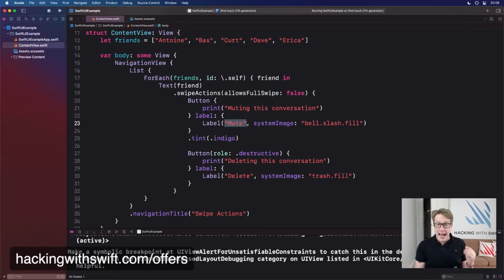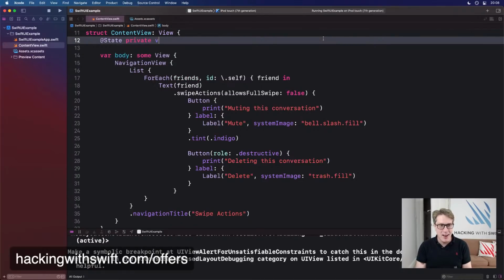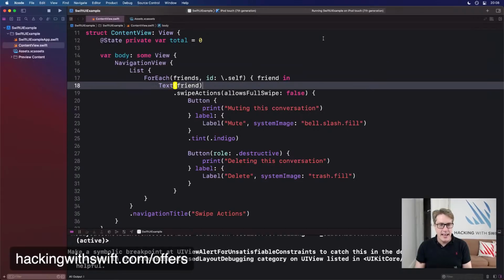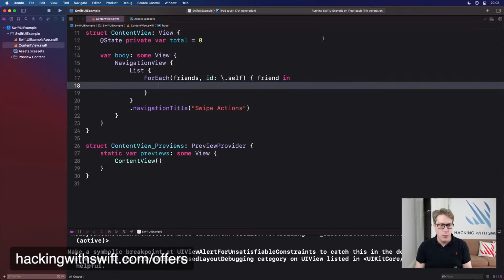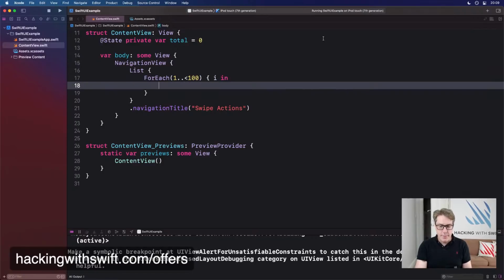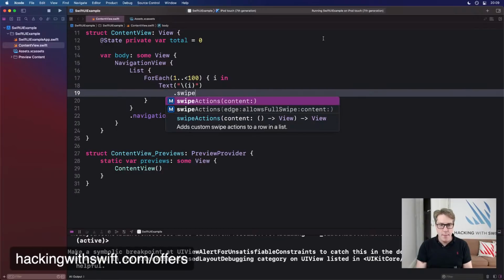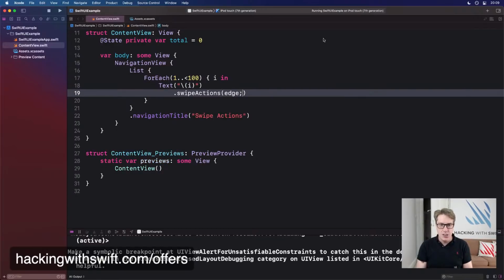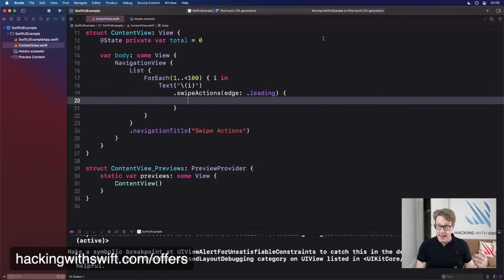If you want to, of course, you can have swipe actions on both sides. Go one way for one thing, the other way for the other thing, for example. And so we could make a little numpty calculator. We could say something like private var total is 0. And then in our code down here, there's a ForEach counting over 1 to 100 with a number coming in. And inside here, I'll place a Text of that number with a swipe action. And this one's going to have an edge of .leading. So left edge in left-to-right languages like English, or right edge in right-to-left languages.